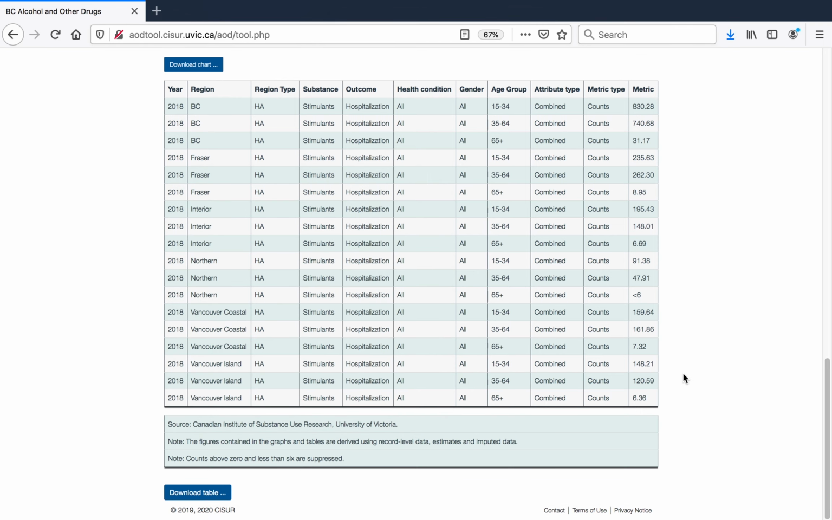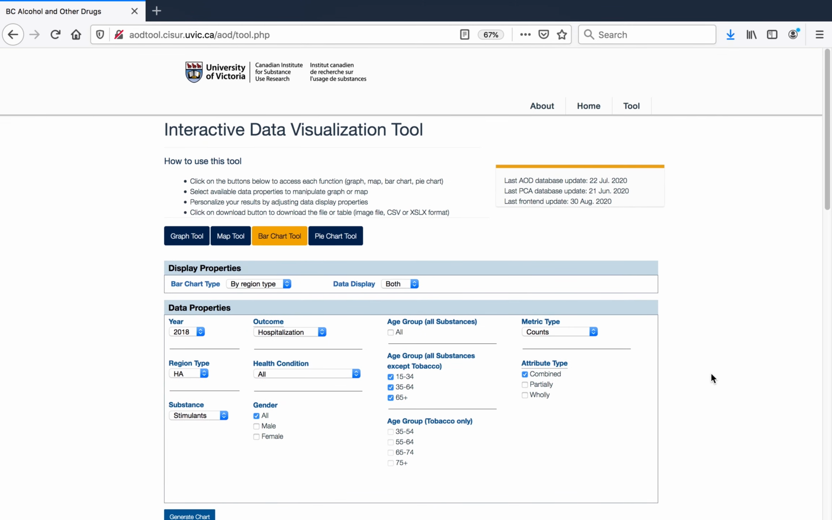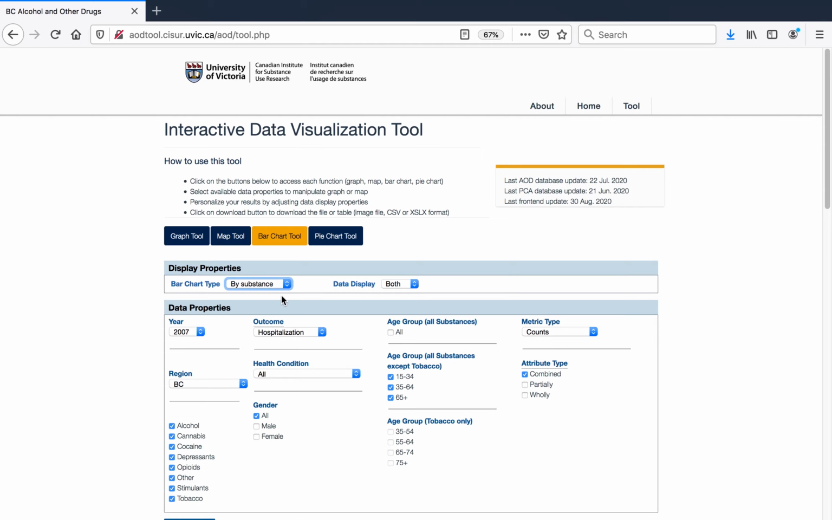The bar chart can also display by substances. To display by substance, select By Substance from the bar chart type. If, for example, we are interested in 2015 alcohol, cocaine, opioids, stimulants, and tobacco hospitalization non-standardized rates, broken down by gender for all age groups for the Northern Health Authority, we select 2015 for year, Northern for region,